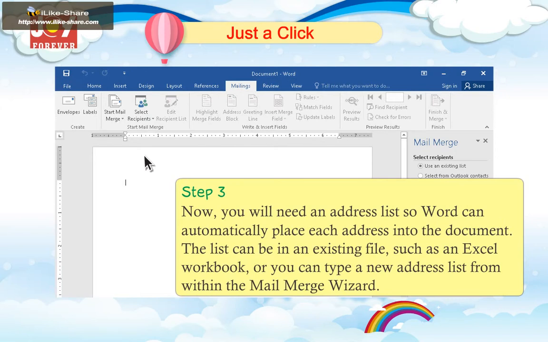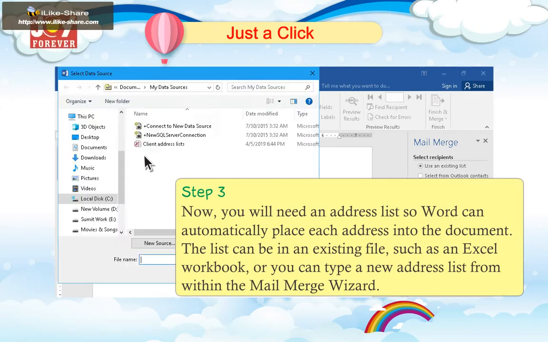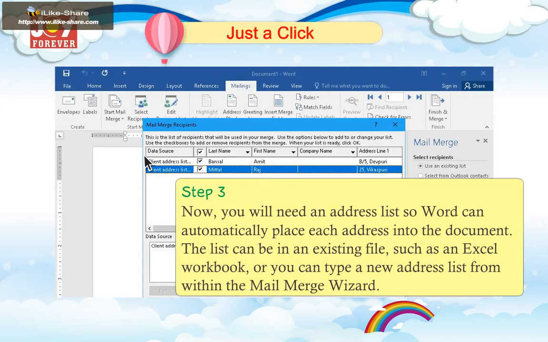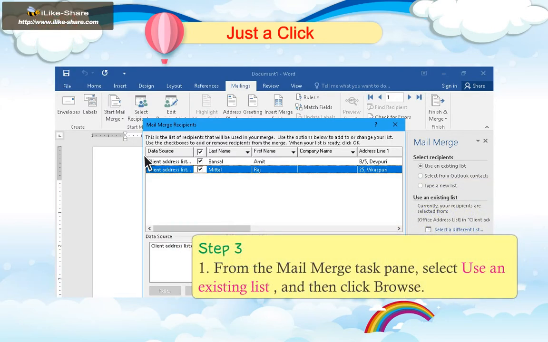Step 3. Now you will need an address list so Word can automatically place each address into the document. The list can be in an existing file such as an Excel workbook, or you can type a new address list from within the Mail Merge wizard. 1.